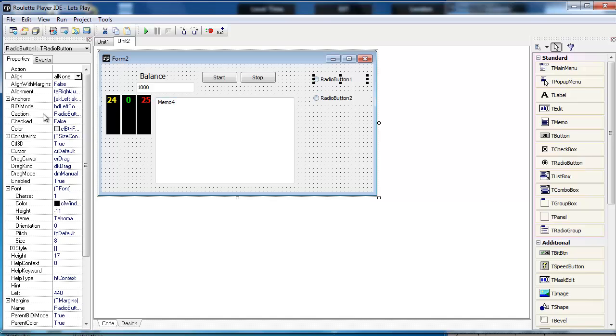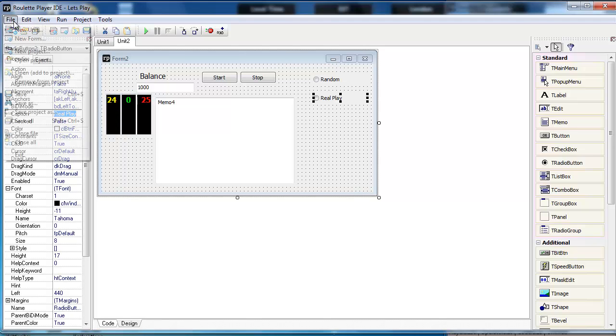Okay, so change the name to random, like so. This one here in real mode. Select it all, type in real play. Just like that. Okay, make sure you save your work, save all, click on run to run it,